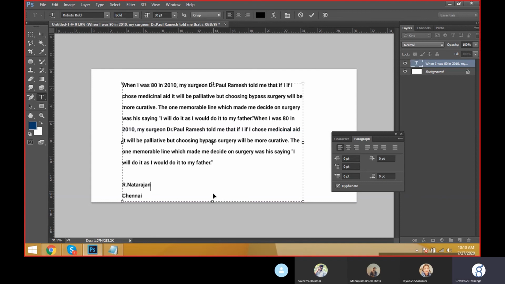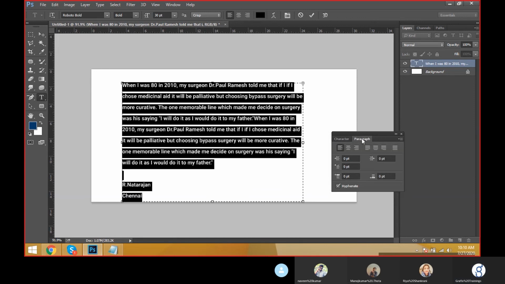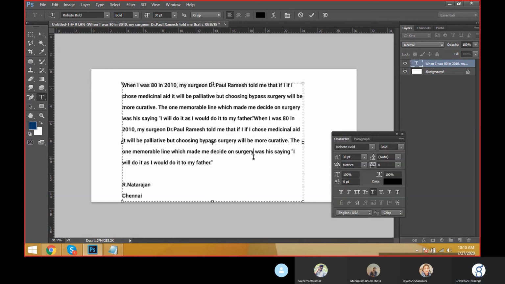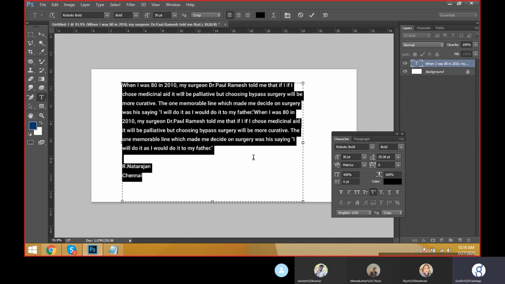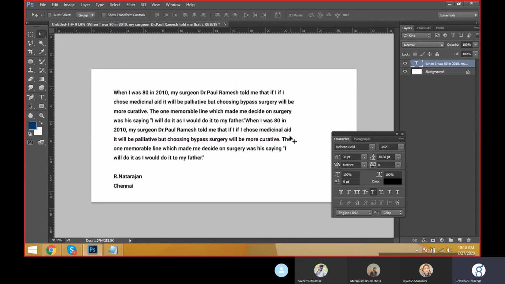Line to line spacing is there. Select the text and go to the 0 and auto. Okay, and you can decrease the text with Alt up arrow, like this. Everything is clear, but it's looking odd. It's not looking good.